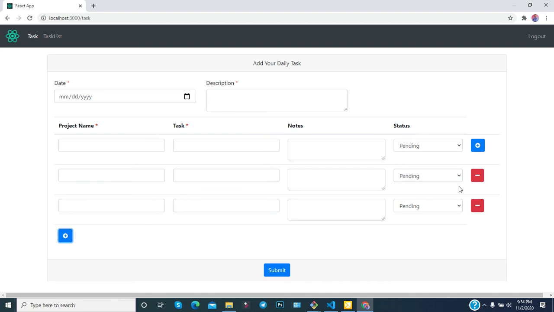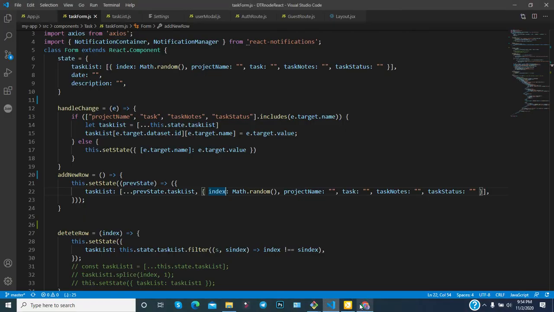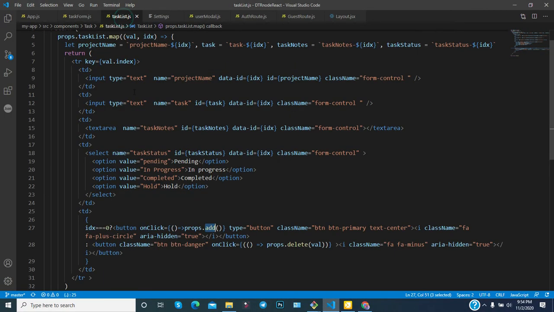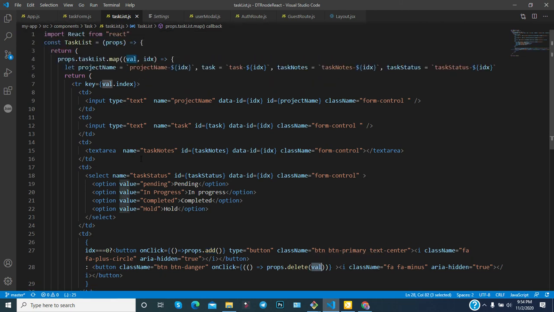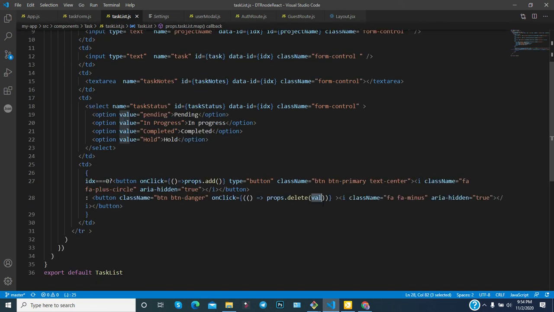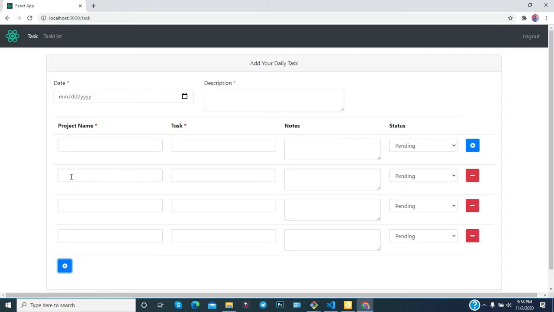Now if you click the minus icon, the minus button, then what happens? A similar thing happens after clicking the minus button as well. But here in the minus button you have passed the val, it means the value, whatever value is available. Suppose you have written some value and you click this minus icon.